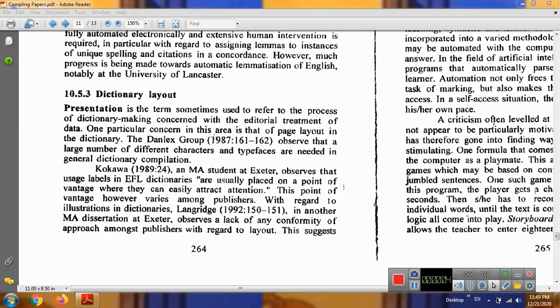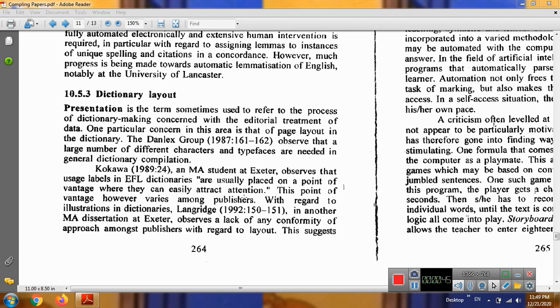One particular concern in this area is that of page layout in the dictionary. The Danlex group in 1987 observed that a large number of different characters and typefaces are needed in general dictionary compilation. Kukawa in 1989, an MA student, observes that usage labels in EFL dictionaries are usually placed on a point of